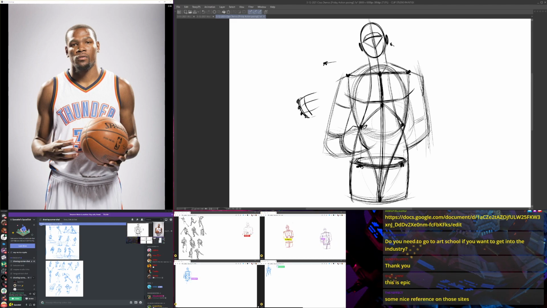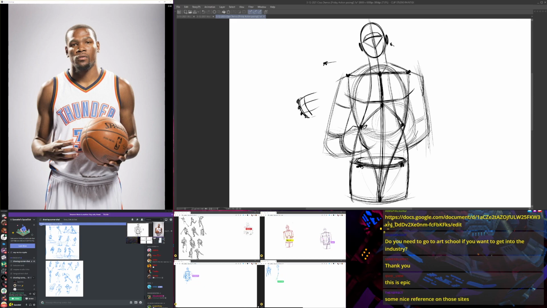And I guess you could probably throw the ball in here. Just a simple ellipse, and then a very loose indication of about where the hand is.